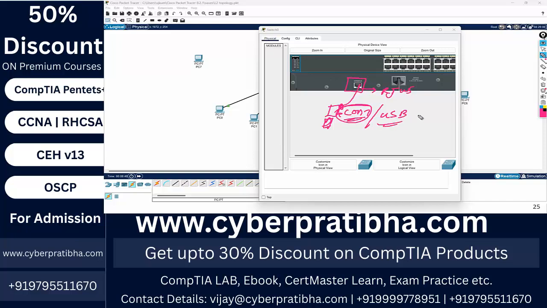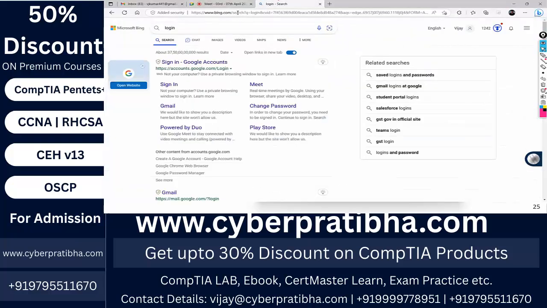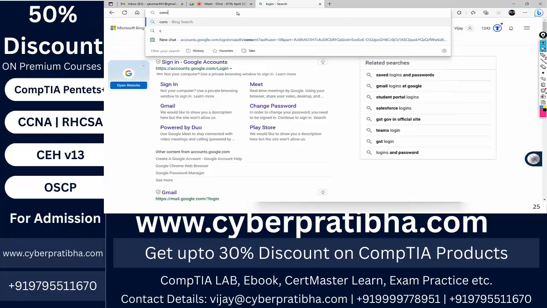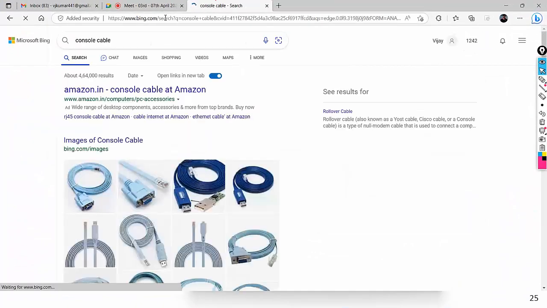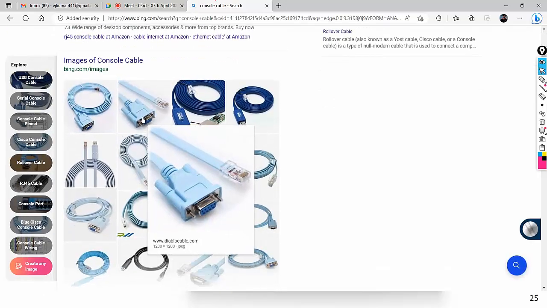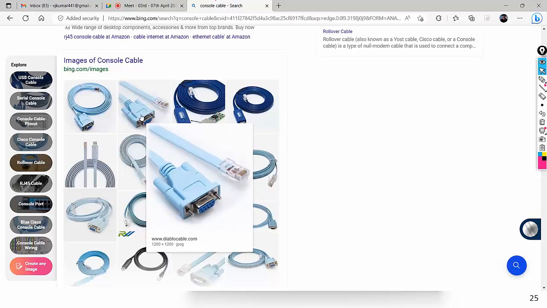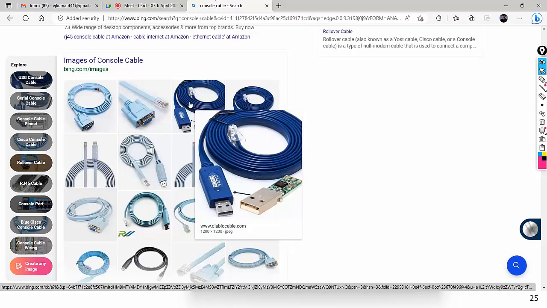If you want to check this, simply go on Google and search for the console cable. You can check out the types of console cable. One side is an RJ45 connector, and the other side is USB.